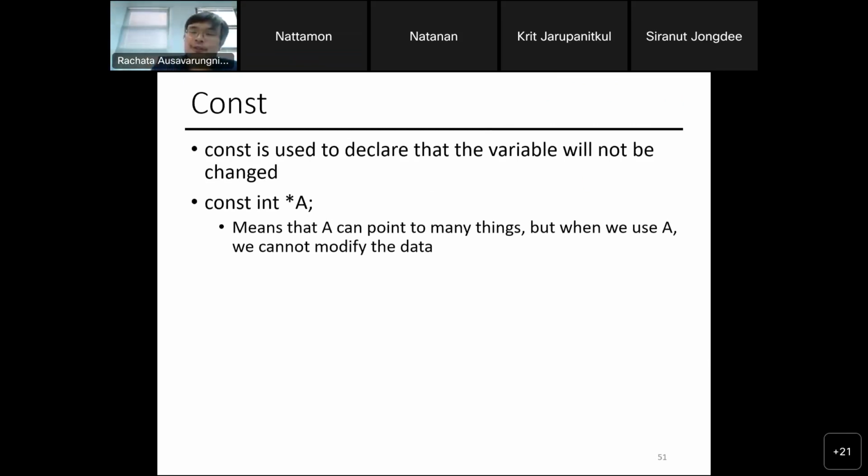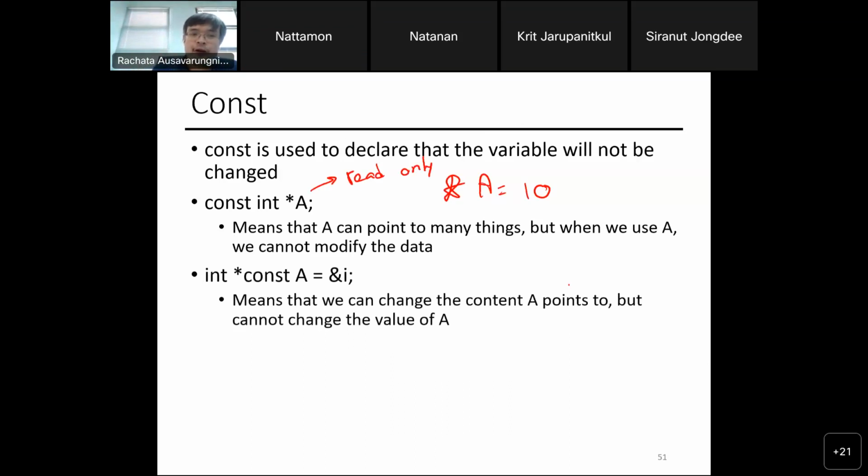So I cannot use this particular pointer name to modify the data. I cannot do something like star a equals 10. It forces the variable a to be read only. You can point to many things, but you cannot change the value. You can only read from it.